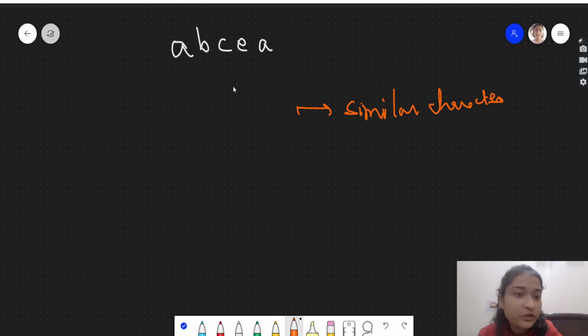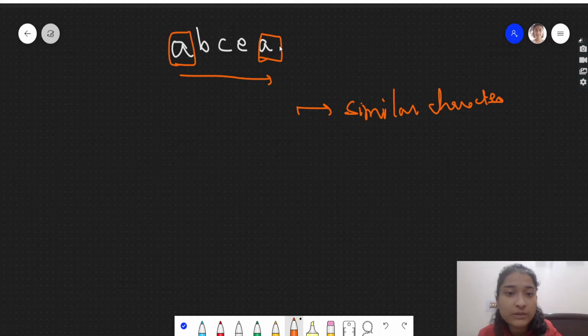Why were we using a map? We were using a map because if a is there and we traverse the entire string, we will find the other a and store the count in the map. But if we do not use a map, then once we go through this a and move forward, we will come to this a, but we are not storing anywhere that we have earlier encountered a.